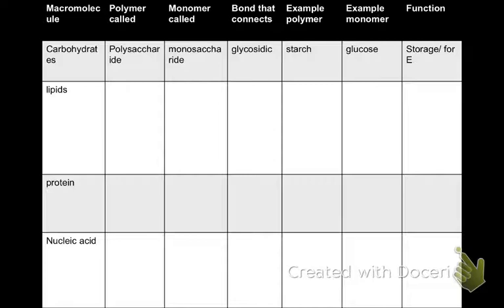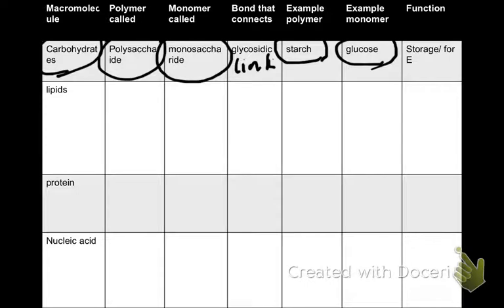So in a nutshell, for carbohydrates, the macromolecule is carbohydrate. The polymer of that is called a polysaccharide. The monomer of that is called a monosaccharide. The bond that connects each other is a glycosidic link, the alpha 1,4, the beta 1,4, and the beta alpha 1,2, and so on and so forth. Example of the carbohydrate, only one I'm giving here, is starch. And what is it composed of? Monomers called glucose. And the function chiefly is for storage, for energy. All right. So we move to the next part,